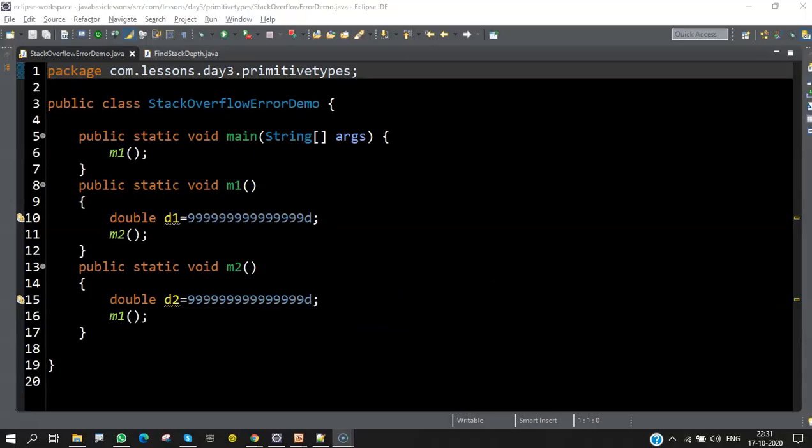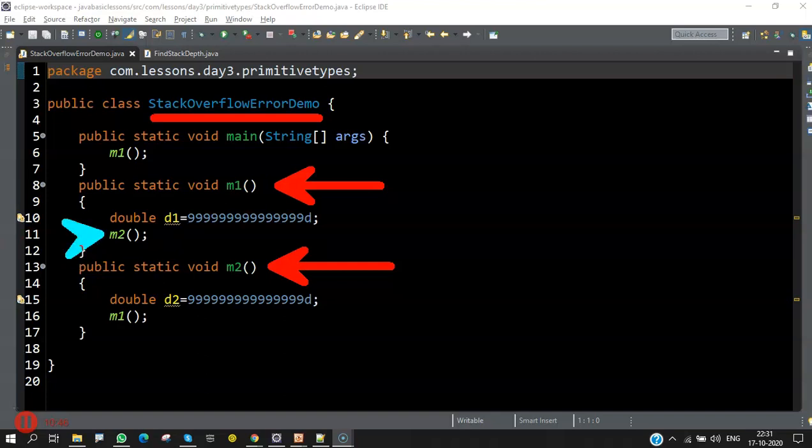So in this code, we have two methods, M1 and M2. And what technically happens in M1 and M2 is they keep calling each other infinitely. So if I call M1, M1 will in turn end up calling M2, and M2 in turn end up calling M1.